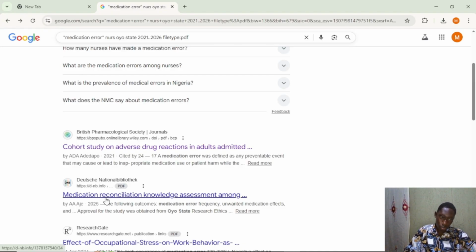Look at this one too. This is not a Nigerian website. This is a German website. Looking at it, but it still has research that